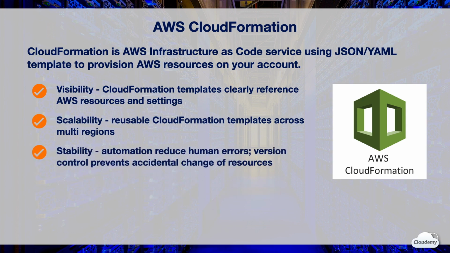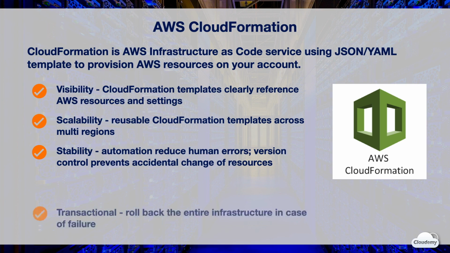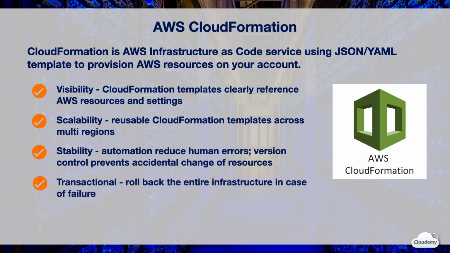CloudFormation automates resource creation or destruction. It significantly reduces human errors. You can version control CloudFormation templates using Git. This allows you to view the history of the infrastructure and roll back if you accidentally delete the wrong resources. The creation and deletion of AWS resources are transactional processes in CloudFormation. CloudFormation not only creates resources, but also waits for them to stabilize while they're starting and verifies that provisioning was successful. When you create a stack of resources, if one of the resources has failed, CloudFormation can gracefully roll back